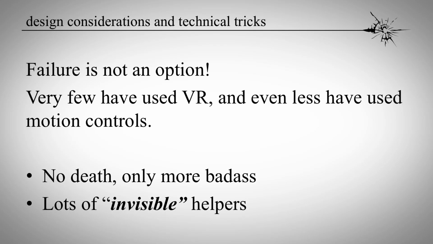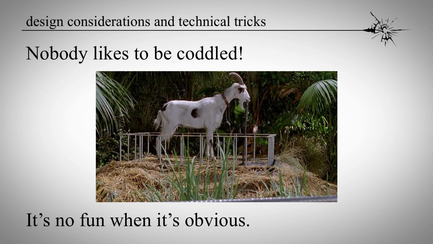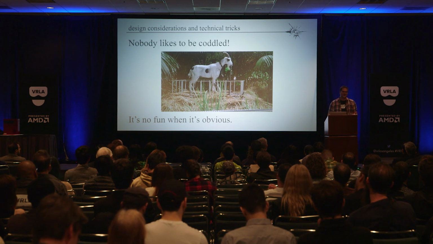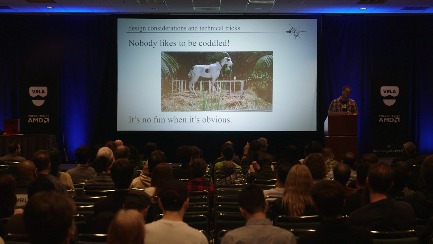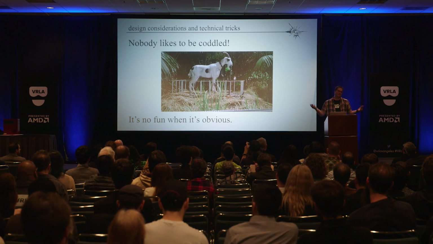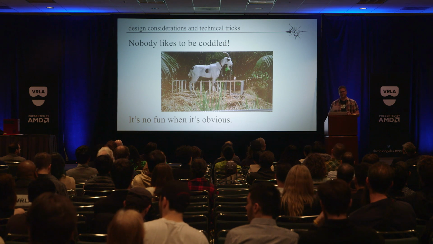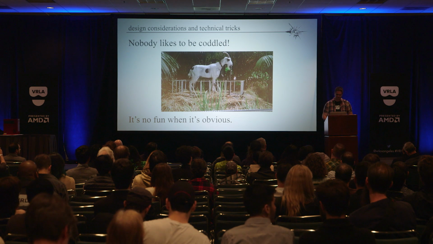The emphasis on invisible is because nobody likes to be coddled, right? The T-Rex from Jurassic Park, they kept feeding it the goat on the chain, and that wasn't good enough for him, so he had to break out and start eating people, because it's more fun to hunt than it is to eat a goat on a chain. The same thing happens in VR. If you throw something and you see it dramatically cheat for you, they're like, oh, the game cheated for me. That's no fun. I don't feel cool. But if you can do it in subtle ways, matching the player's expectations, it's a lot more fun because they feel that they did it themselves.